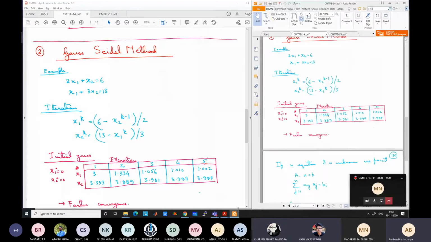Okay. So we started with the direct methods. There are other direct methods also, like Gaussian elimination, which we did not study. It's a slow method, not used very much. You can study it on your own if you want. But we studied a method which is used frequently, known as TDMA, the tridiagonal matrix algorithm.